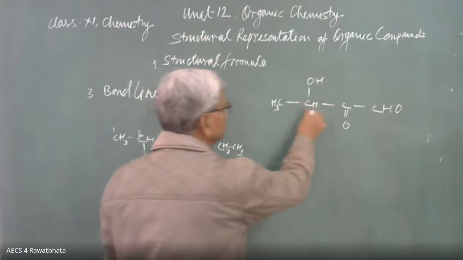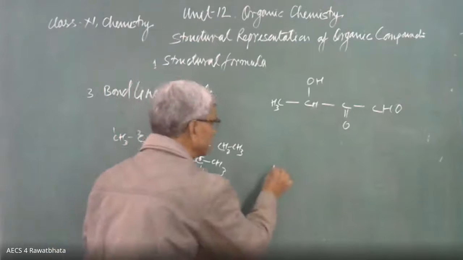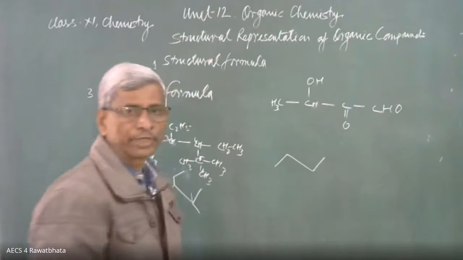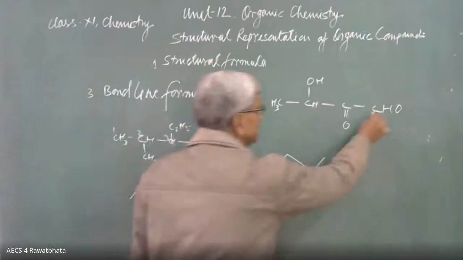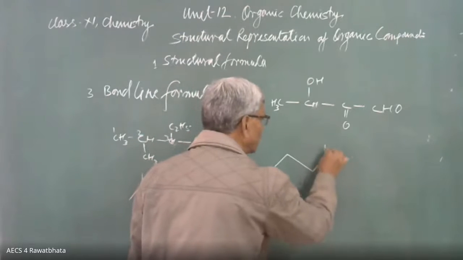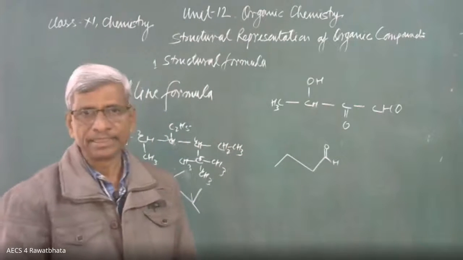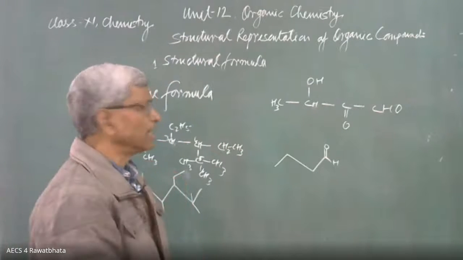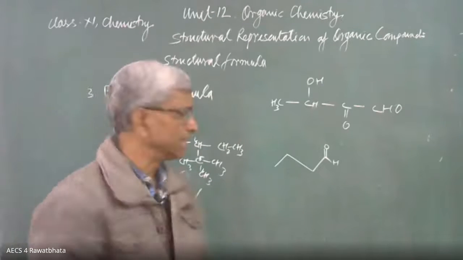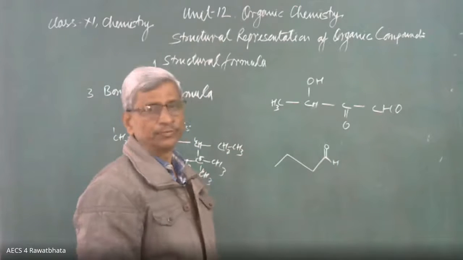First, 1, 2, 3, 4 carbon atoms in the chain. So 4 carbon atoms like this. 1, 2, 3, 4. Okay. After that, this CHO should be clarified. CHO is like this, double bond O, and here is hydrogen. In this case, we can show hydrogen like COOH, like OH. We also write hydrogen. Here is CHO. Now it is clear that this group is CHO.